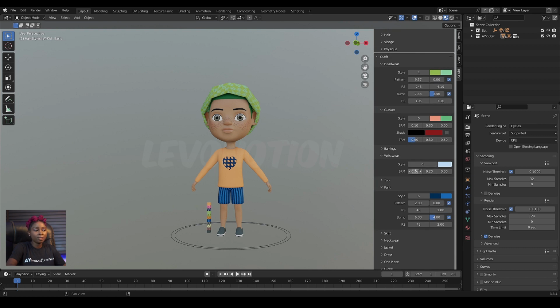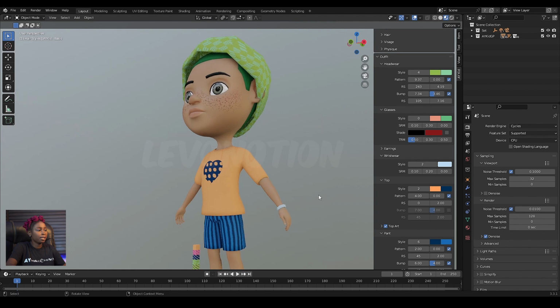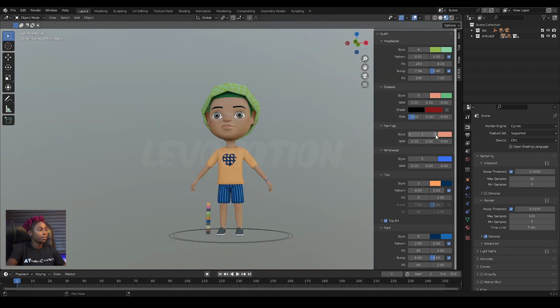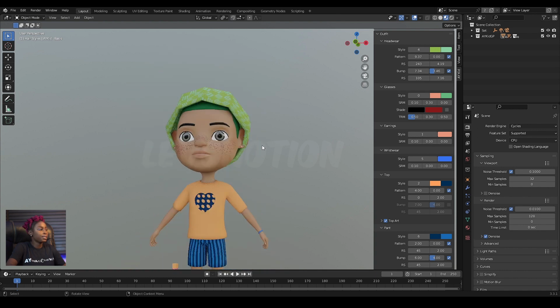Wristwear doesn't have pattern, so the wristwear just has one color, it doesn't have multiple colors. So you can just change it, and that's it. You can reduce, make it more shiny. The earring is the same, it's just one color, it doesn't have pattern.